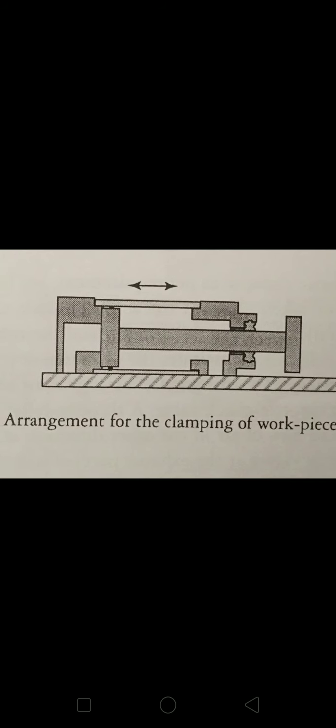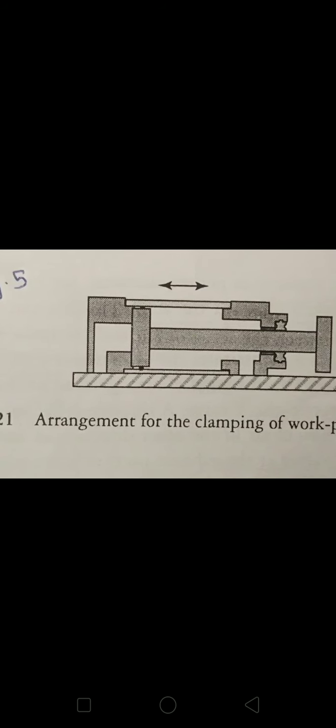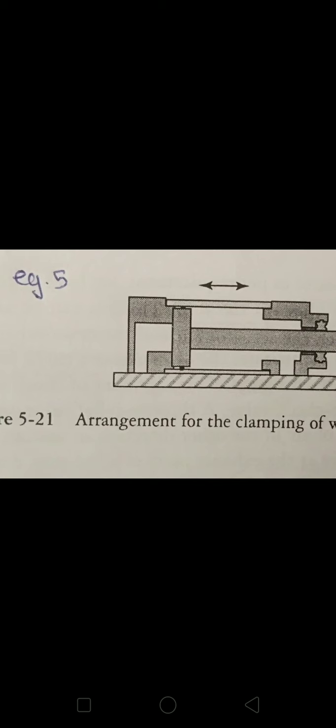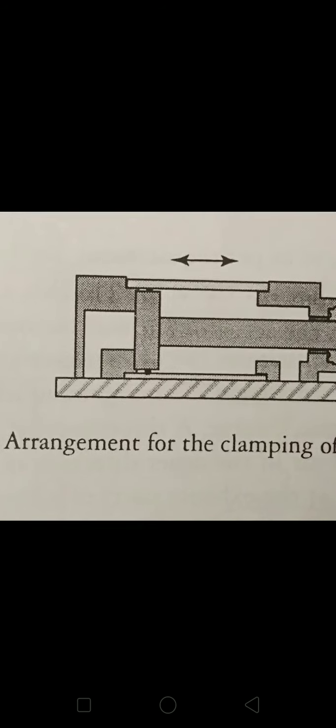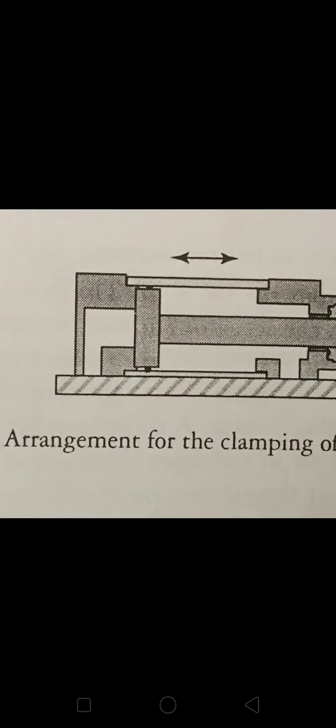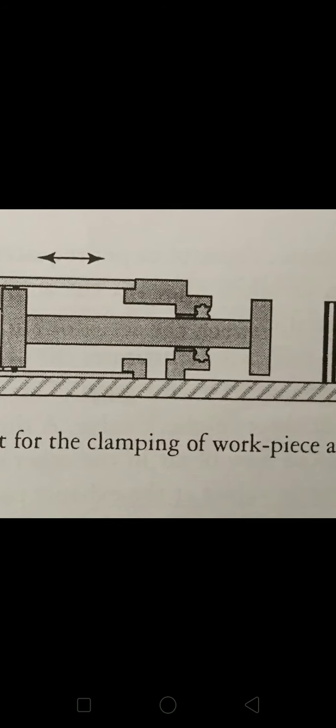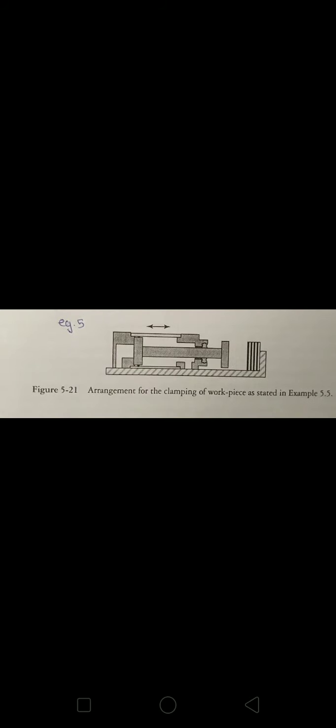When air is coming through the left side of the piston, it will move towards the right and clamp the workpiece, and when air is getting inside from the right port, the piston moves towards the left and thus it will release. The piston speed should be controlled, and that's why we should use a throttle valve also.